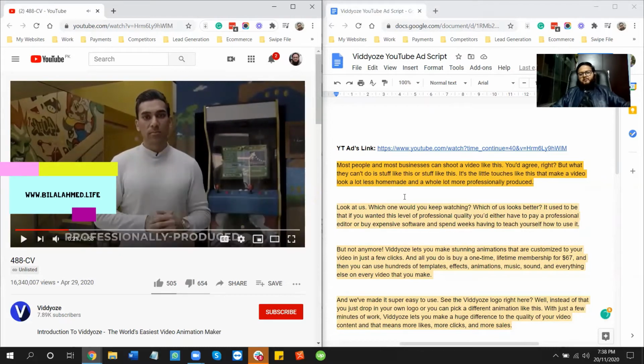All right, so the first thing about this, before I start analyzing this chunk, I have to tell you that a YouTube video ad is not a VSL, it's not a video sales letter, it's not a sales page. They don't have that kind of space, but still, as far as its job is concerned, it has to do the same thing. It has to convert strangers into customers, definitely. And to do that, within that limited space,